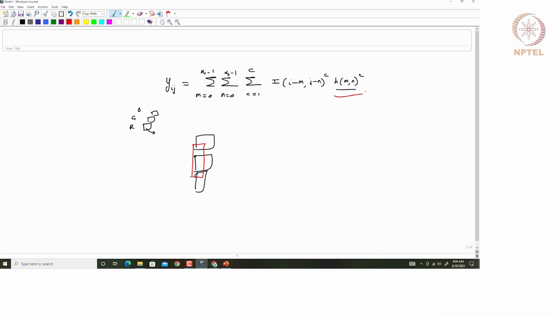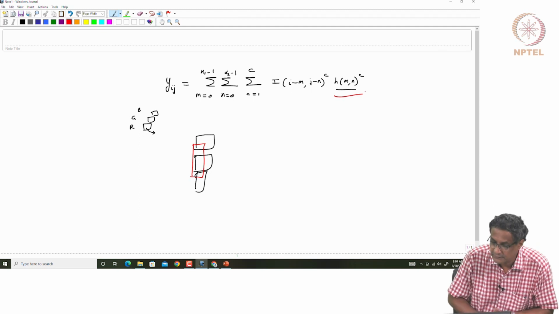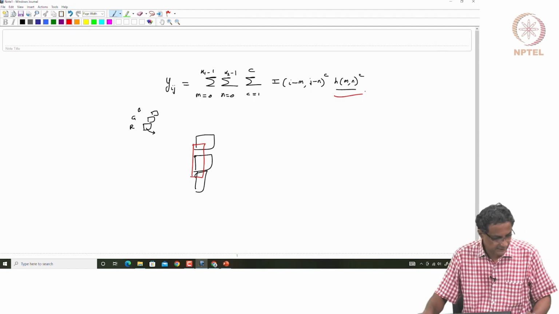You can think of situations where H need not be square. It's not necessary that H should be square, and so you're summing up over K1 by K2, which is this dimension of H, and you're summing up over all channels, C equal to 1 to capital C. So capital C will be 3 if you are at the input and you have a color image. Capital C will be 1 if you just have one channel at the input. Okay, now having said this, let me actually go to